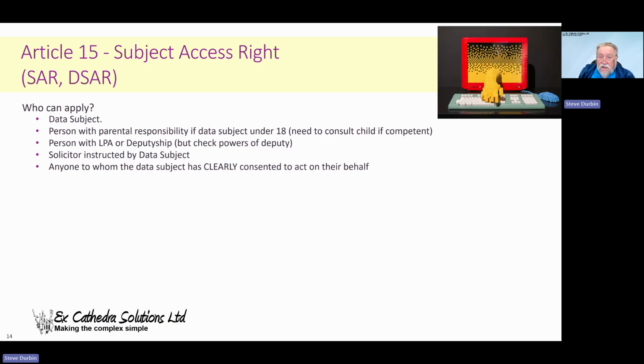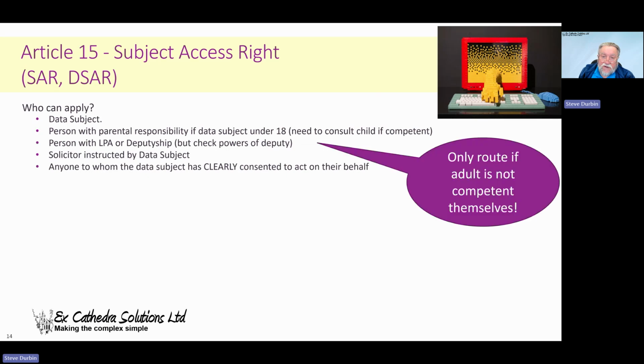One thing to note here is if the child doesn't have competence because of mental impairment or something like that, when they turn 18, you suddenly have a problem where it may not be possible for anyone to actually ask for their data. Now, we can be acting in the best interest of the child, so things can happen here, but it's a very, very good idea if you have got a child with mental capacity issues or other issues that mean they're not competent, to get a deputyship for them before they turn 18. It's very, very important in a lot of other areas too. I speak from experience as a parent of a child with such disabilities.